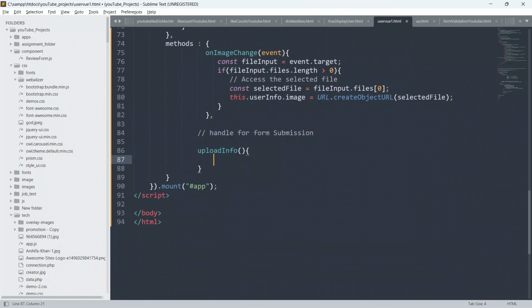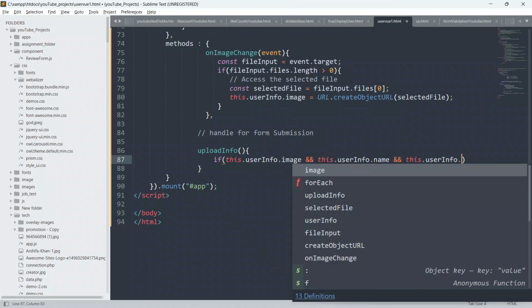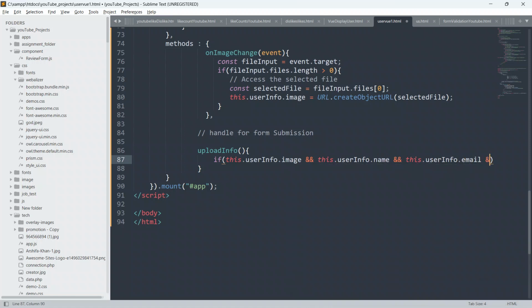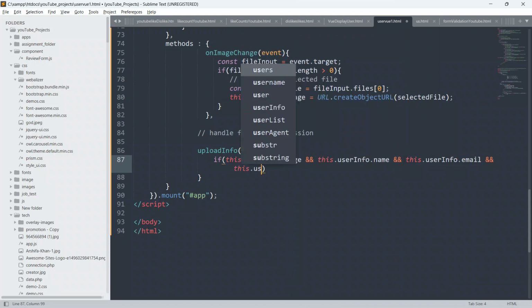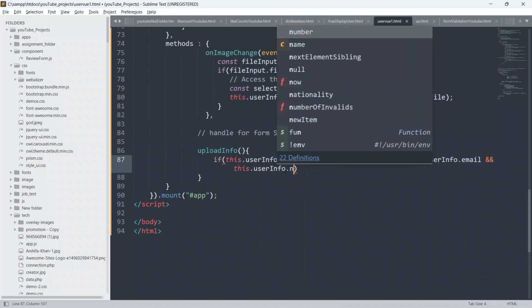Okay, so guys, now I am going to write an if. I will say if this.userInfo.image, and again this.userInfo.name, and again this.userInfo.email, and again, with and, this.userInfo.number.